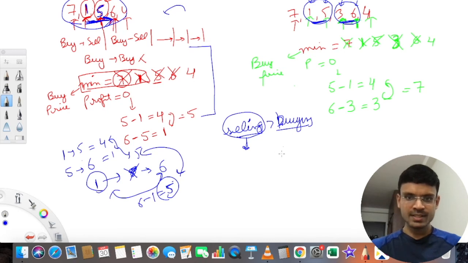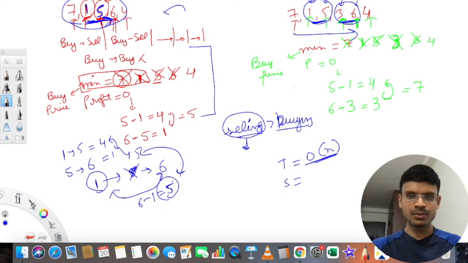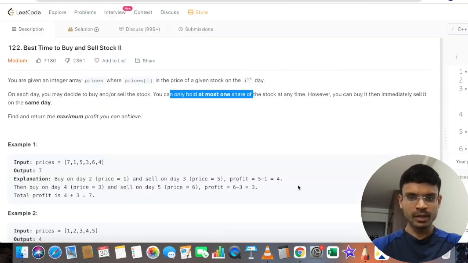Complexity-wise for this algorithm, we are iterating over this array only once, so the time complexity would definitely be O(n). And space complexity-wise, we are simply using 2 variables, min and profit. So space complexity would be O(1). Right? If we jump to the coding part,